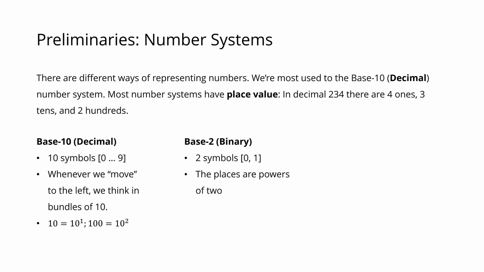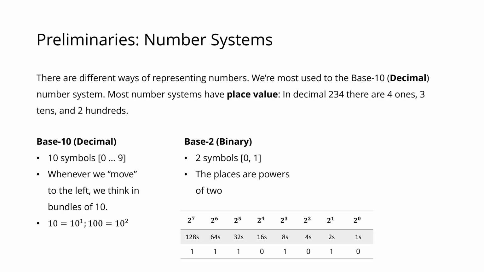And the places here are powers of 2, essentially. So if we have a look at this, in this example, we have 8 places. So we have 2 to the power of 0, 2 to the power of 1, 2 to the power of 2, 2 to the power of 3, 2 to the power of 4, 2 to the power of 5, 2 to the power of 6, and 2 to the power of 7. And now if we want to write a number in binary, we are placing 1s or 0s in